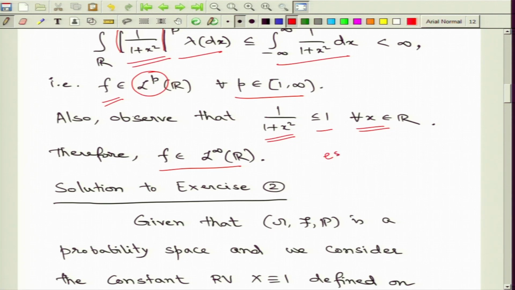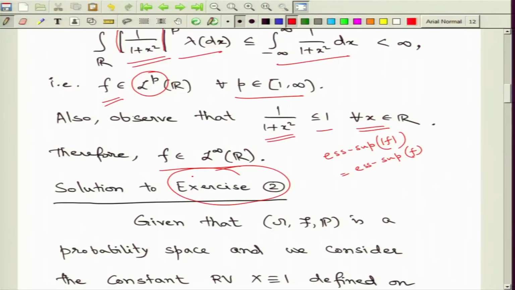So, when we are looking at the essential supremum of the mod f function, we are actually looking at the essential supremum of the original function itself, because of the non-negative values of the function. Moreover, the function itself is dominated from above by 1, and hence the L infinity bound that we need to establish follows. Therefore, the function that we are working with actually falls in all L^p spaces for p between 1 and infinity, both included. So, this gives us some ideas involving the type of functions that are there in the L^p spaces.